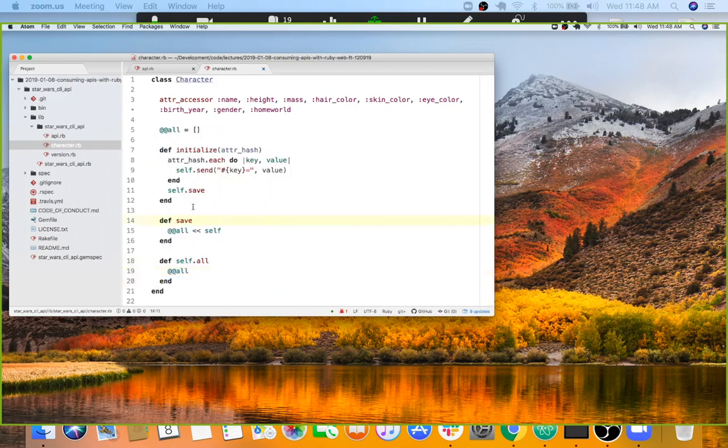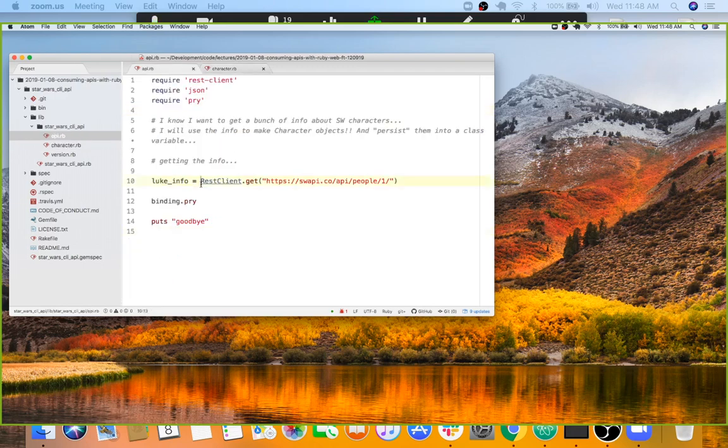Great, and this is a super duper basic, simple version of hopefully what is going to be a useful character class for us. So this would be a model class. Right now it doesn't do much except for keep track of all of its instances. Remember, we could break this up into create versus new. In other words, and I would recommend that pattern. Today we have a little ways to go, so I'm going to keep it simple like this. Let's go back to API, and